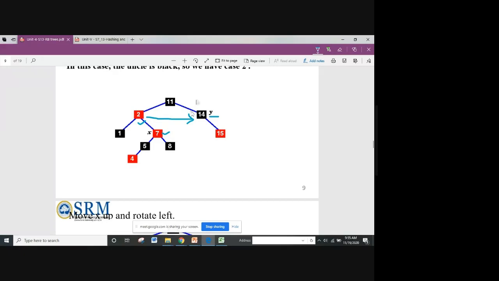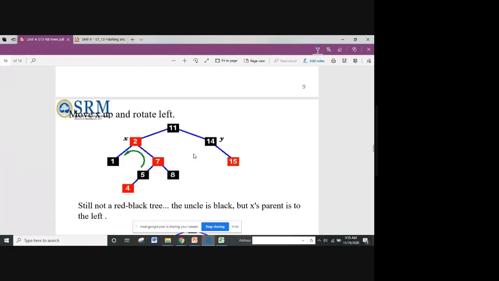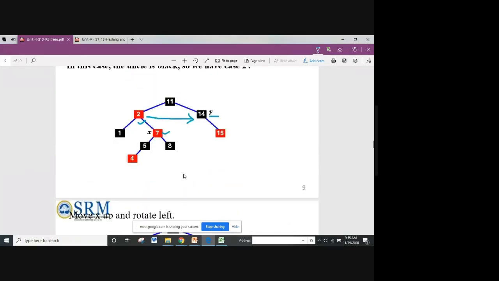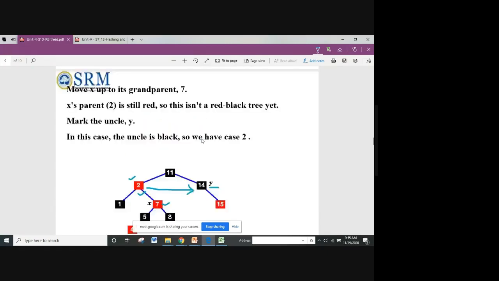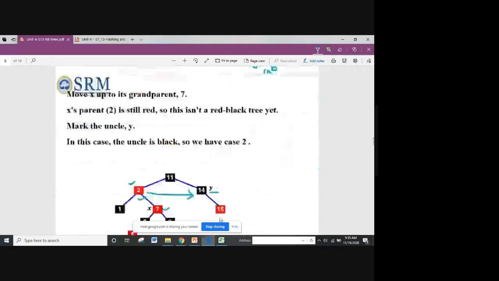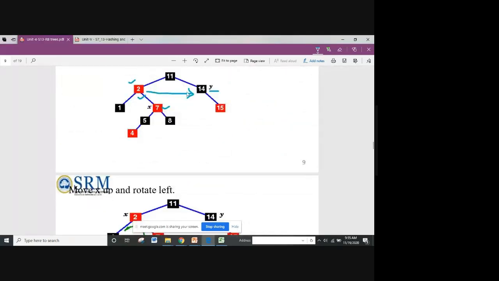When I check the sibling, the sibling is black. Sibling is black means you can tell that it is done, if the parent is black only. But here the parent is red, so check its sibling. A red sibling means we just do the recoloring, and recoloring alone is enough. But here the sibling is black, so you have to rotate as well as recolor. Both have to be done.